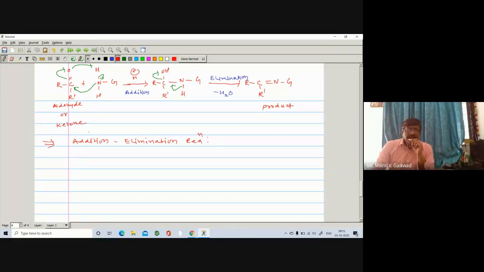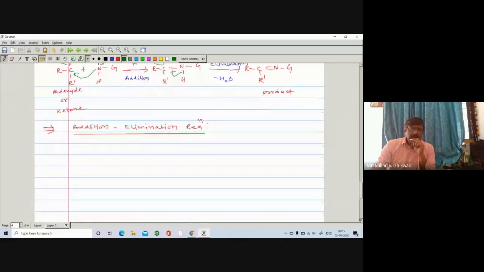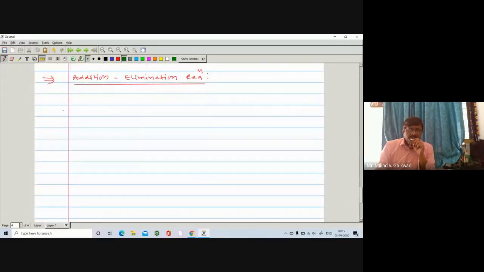You have seen in the benzyne intermediate, first elimination and then addition, so that was called an elimination-addition mechanism, right? Next example. Suppose you have a carbonyl compound, that is R, C double bond O, and here is R dash. It reacts with